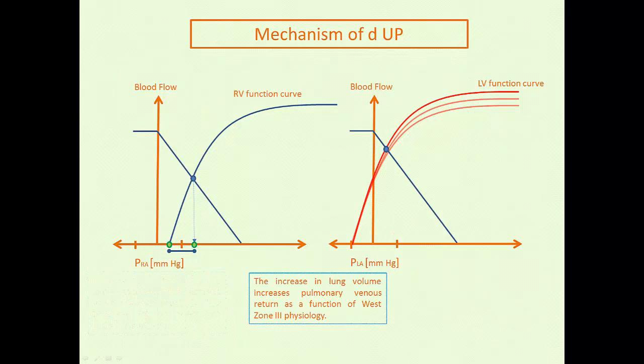Okay, and then what happens? Well, as I mentioned, the increase in lung volume, as you increase your transpulmonary pressure, increases your pulmonary venous return as a function of West Zone 3. So the greater the percentage of your lung is in West Zone 3, the greater this increase in pulmonary venous return effect will be. So in that situation, you actually do shift pulmonary venous return relative to the cardiac function curve